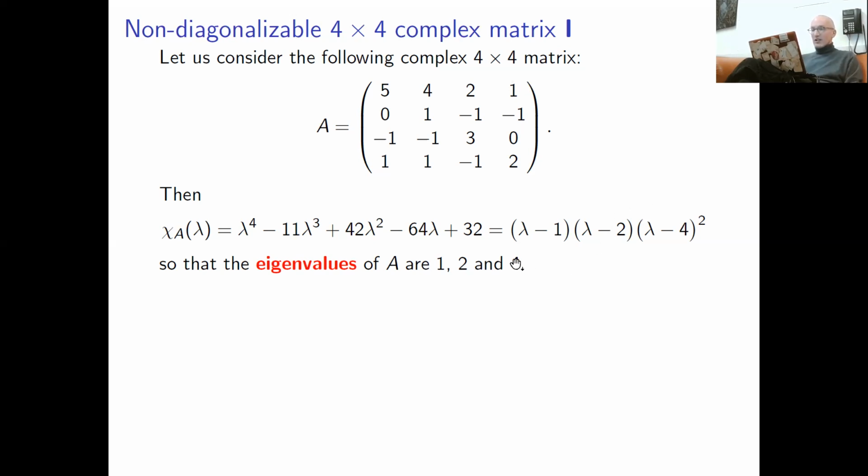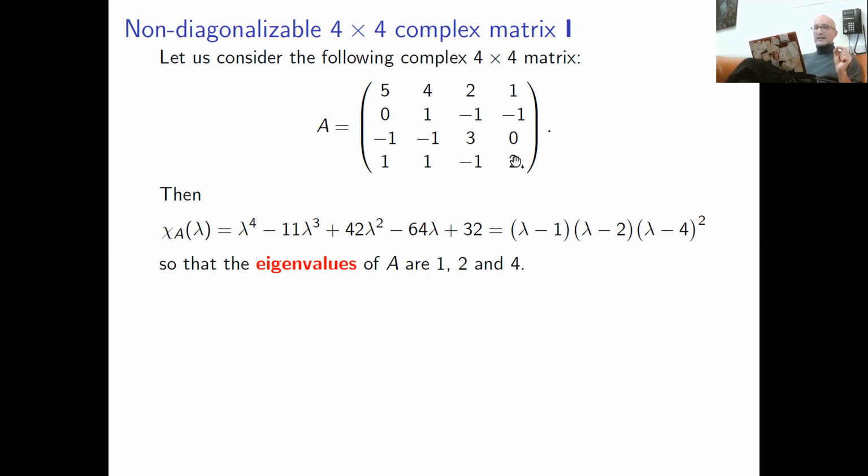By definition, you take matrix 4 times identity, you subtract from A. Basically, this means that you subtract 4 from diagonal. So you're going to have the same matrix, but here you're going to have 4, here minus 3, here minus 1, and here minus 2. Okay, it's 4 by 4 matrix. You have to find its kernel. Well, to be precise, you don't even need to find its kernel. You need to find the dimension of the kernel. You need to find the rank.